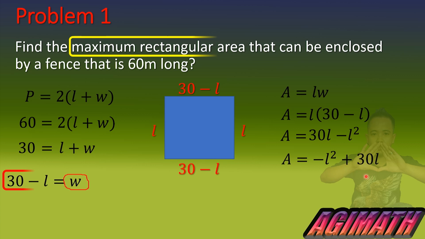So at this point, let me emphasize this one. This is a quadratic function, and then this A is just dependent on the value of L. If you can recall, when we are talking about function, it is related to the word dependence. So in this case, the value of the area will just be dependent on the value of L. So meaning, this is a quadratic function. And since we are asked about the maximum rectangular area,